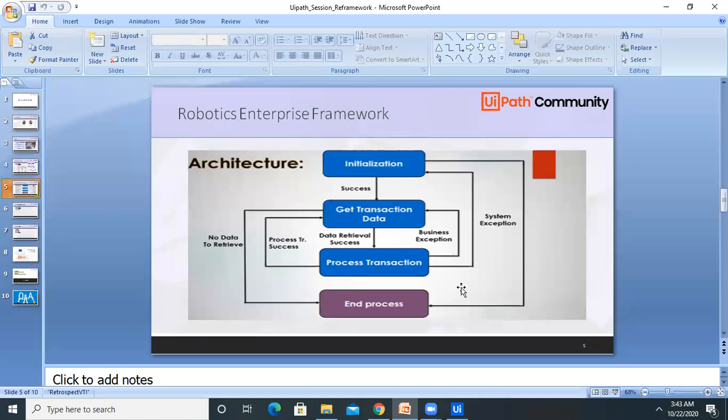The REFramework enables us to put external settings in a configuration file, which I will show you in the latter part of the session, and in Orchestrator assets, instead of hard coding settings like shared network path, location, or credentials within the script. The REFramework is process independent. Any type of process can be built, tested, and run, irrespective of it being attended or unattended, and regardless of the process data type and the application we are automating.